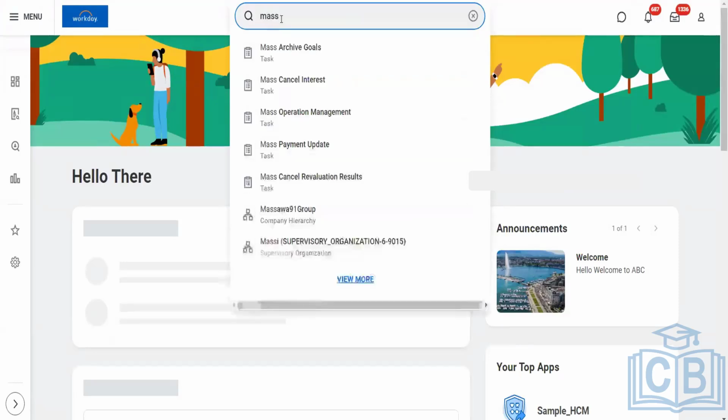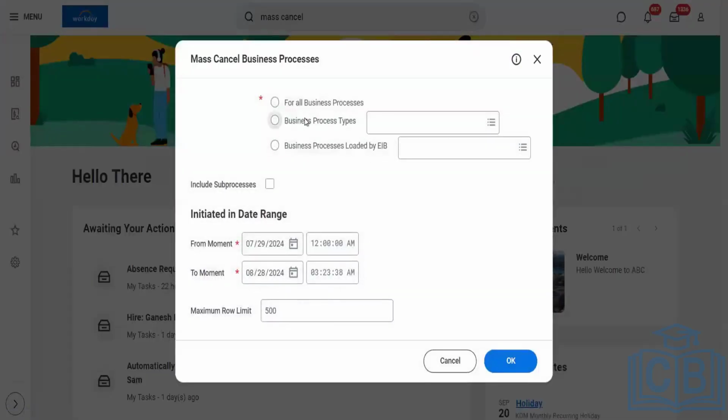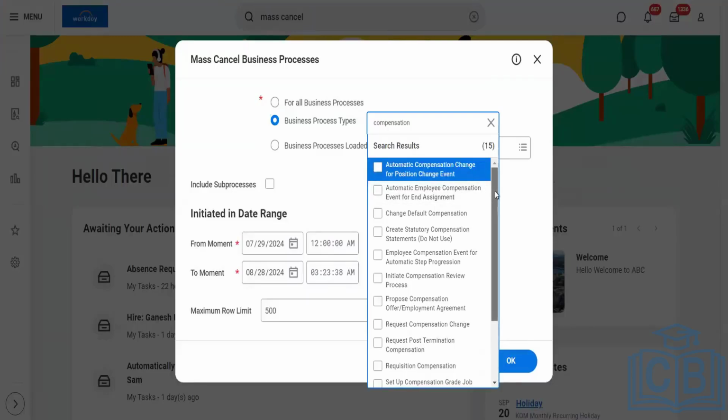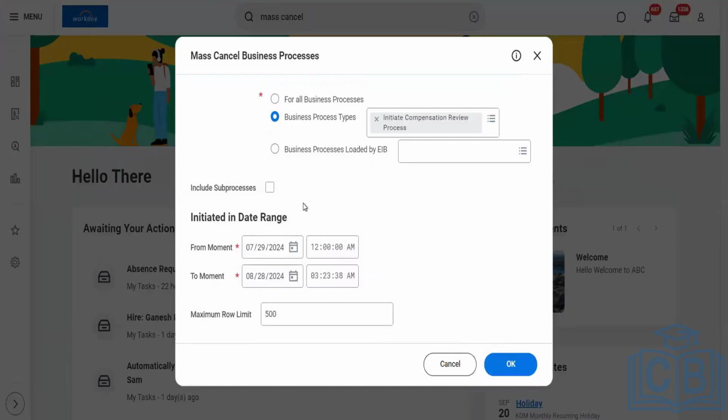Normally we have mass cancel or mass reset business processes. Let's take an example of a performance review or compensation review process that you started. Say there were some changes I'm supposed to make. What I will do is cancel for all of them the review process that was initiated. Here, mainly, I will select the timeline, when exactly I started them. In that scenario, I will get the list of all those workers. And here, when you click OK,